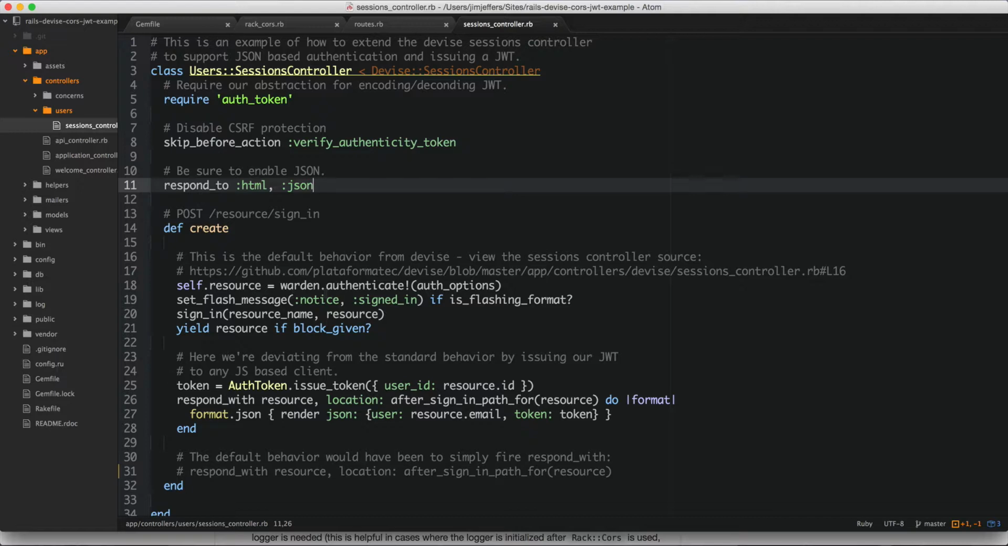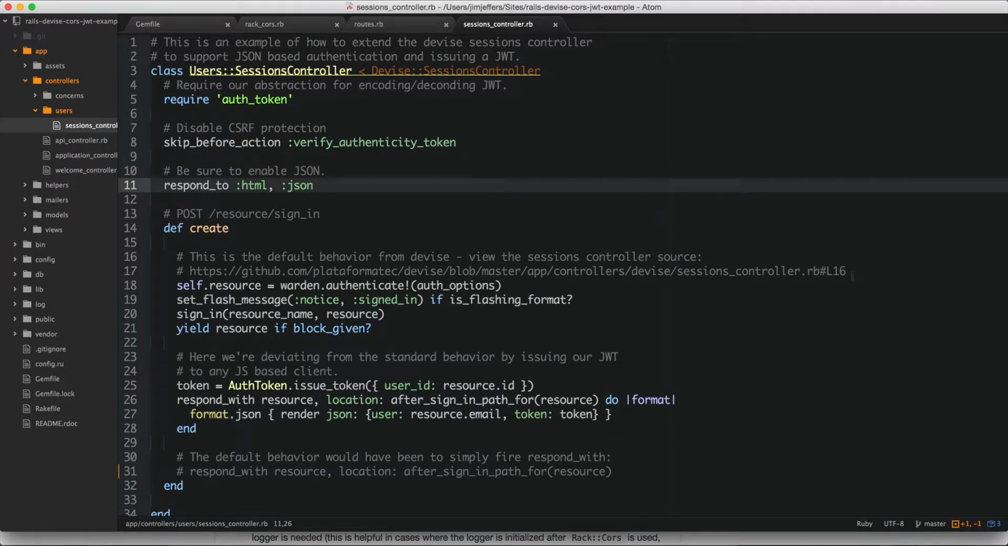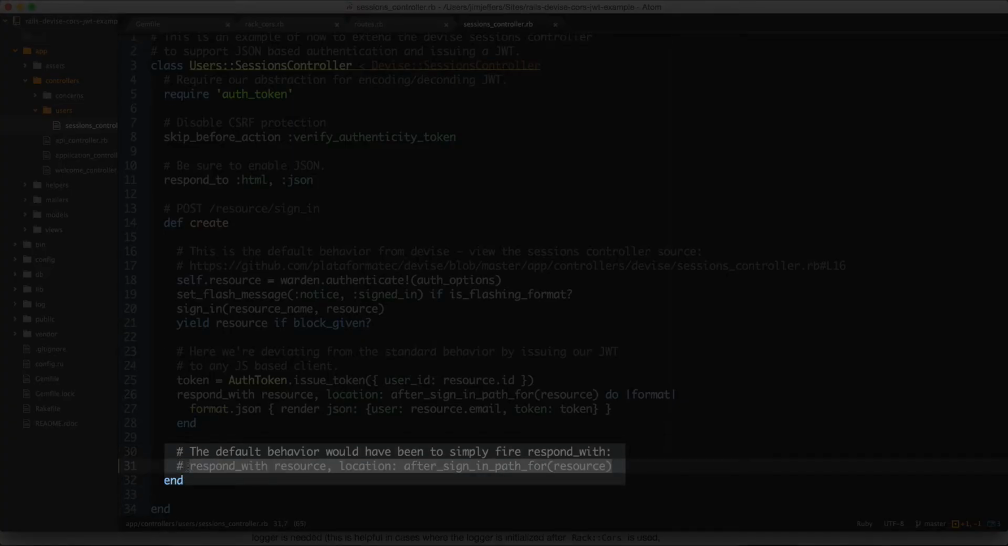So what I've done is I've just preserved the default behavior from the Devise create method, and I've also posted a link directly to it in the sessions controller just for reference if you ever want to go back and take a look at it. And by default, after this yield statement, this respond with method down here would have been called, but instead of